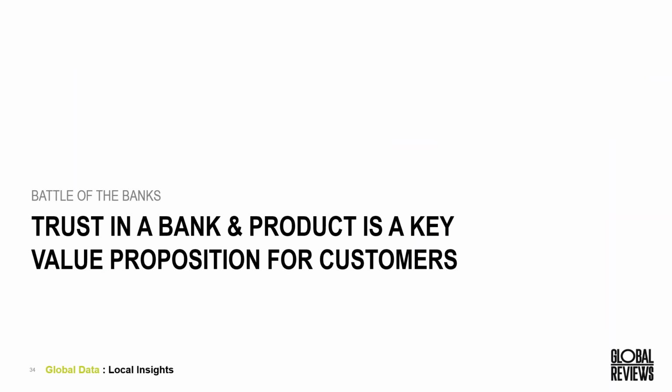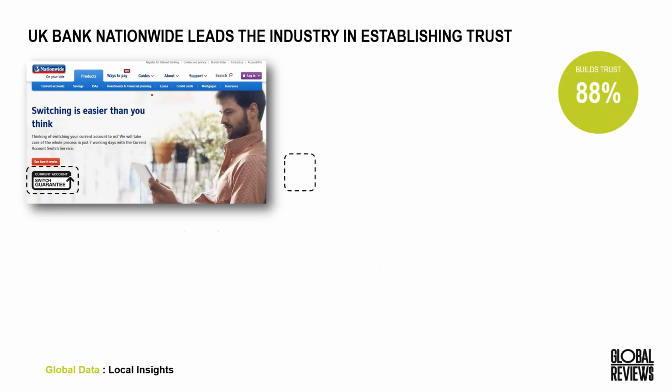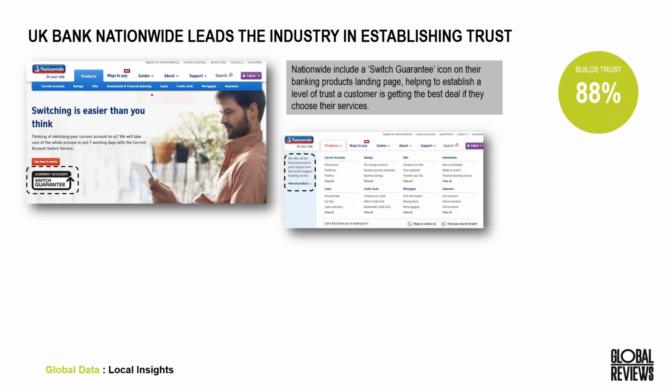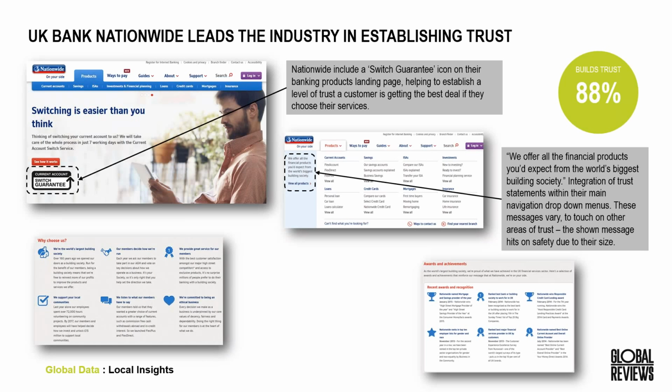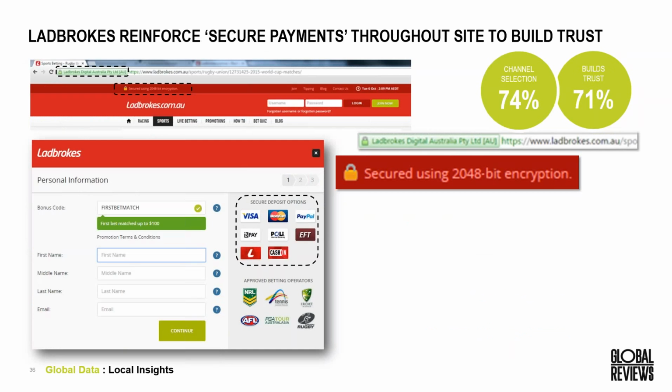Again, we know that trust is extremely important with customers for mortgages. A company that does this well in the UK is Nationwide as a bank. They've incorporated a number of trust indicators and messages into their website, including their navigation menus. Again, they also have separate sections which allow customers to browse further information and messaging that will continue to build trust within their site and for customers.